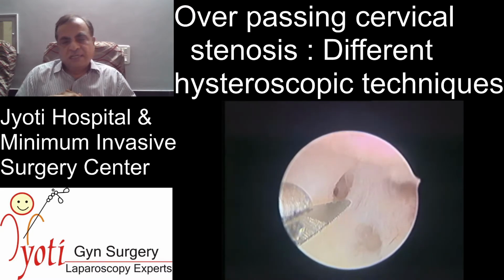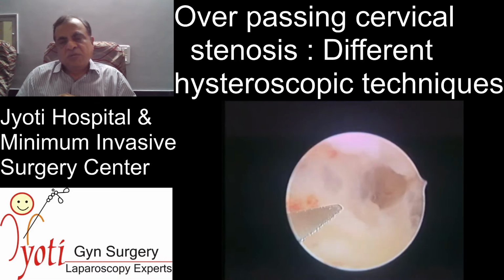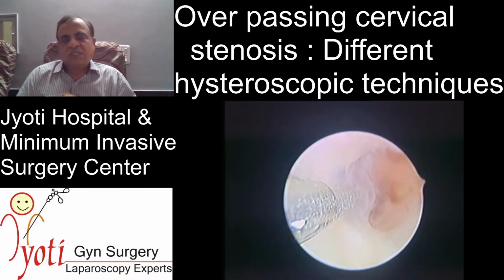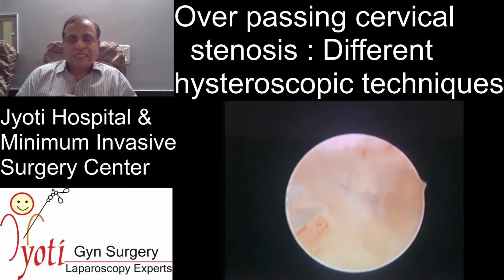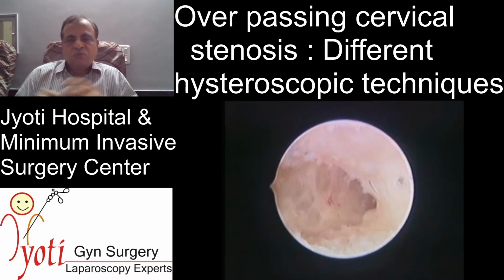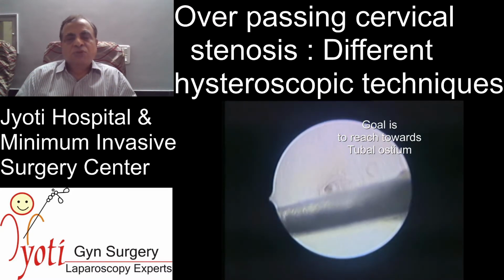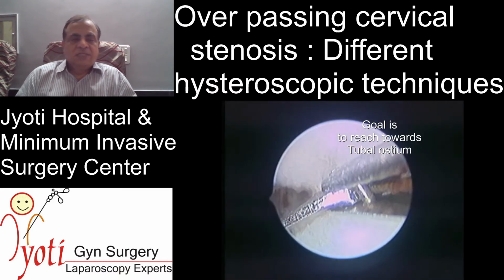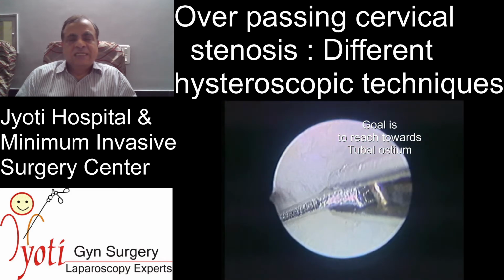and doing it gently, I think you should be able to reach the tubal ostium, and you can see the ostium here. So this is how your whole idea should be. You have to create an inverted triangular cavity. Your aim should be to create an inverted triangular cavity, which helps you in achieving the results with a poor endometrial thickness and ART, IVF in future.